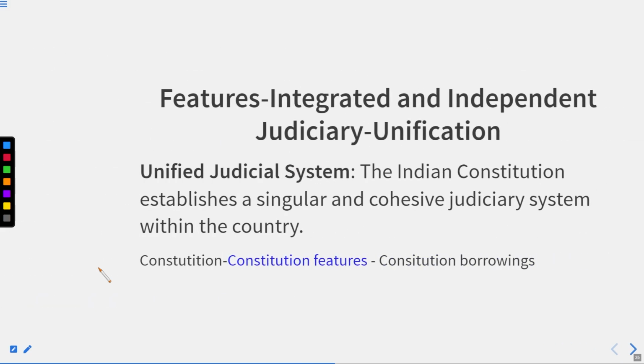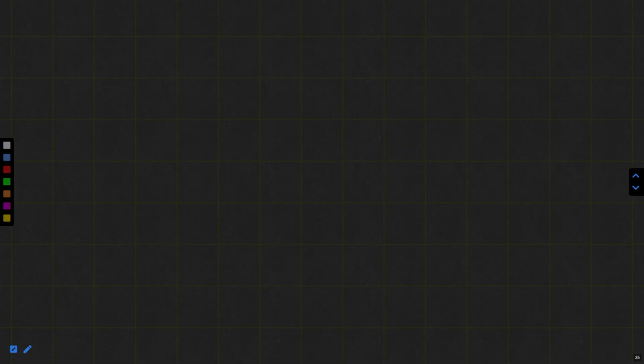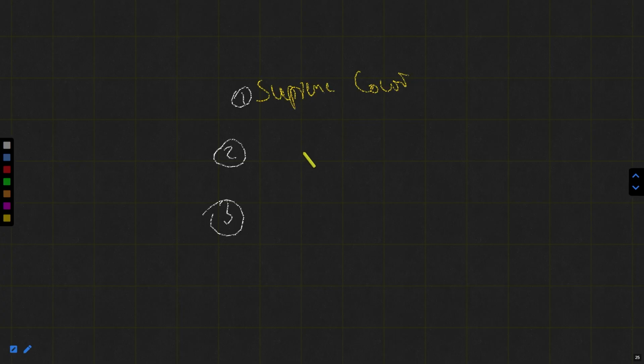All right. Thereafter, we have the unification. The Indian Constitution establishes a singular and cohesive judiciary within the country. What do you mean by it? However, we have three kinds of courts: Supreme Court, High Court, and then comes our